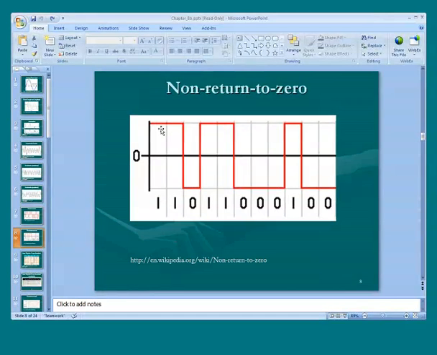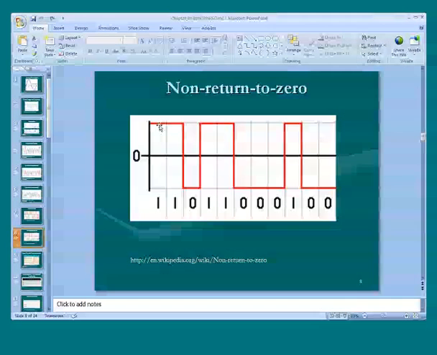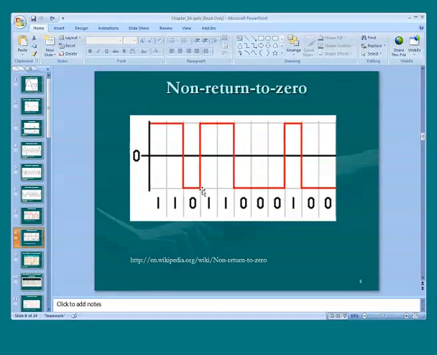To produce a 1 bit, we generate a positive voltage at the beginning of the time slot and maintain that voltage. Okay, and to produce a consecutive 1, then we maintain the voltage. To produce a 0, we go to a negative voltage at the beginning of the time slot, and we maintain that negative voltage until it's time to produce another